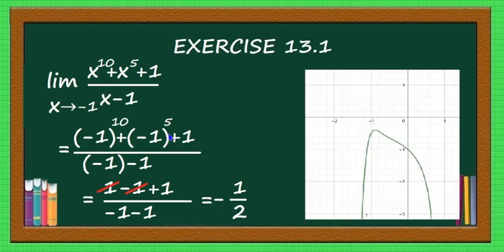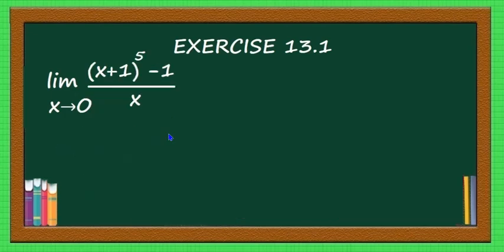And if you see the graph of this function, it will be like this. As x approaches minus 1 on the left side of the y-axis, f of x is approaching minus 1 by 2. You can observe this graph is below the x-axis, therefore y is negative, and it is minus 1 by 2.